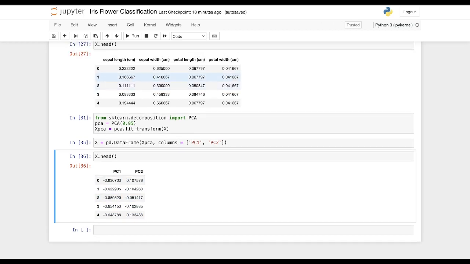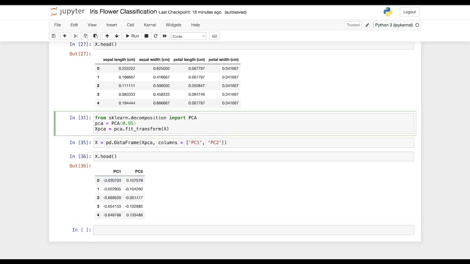You can see you have 2 categories here now, principal component 1 and principal component 2. Initially we had 4 columns, but now we just have 2 columns. This is because we extracted only the important data from the columns. These are not specifically extracted columns. We haven't extracted any specific column like just the sepal length or just the petal length. No, we have extracted the important values which are combined and stored into these two columns, principal component 1 and principal component 2.